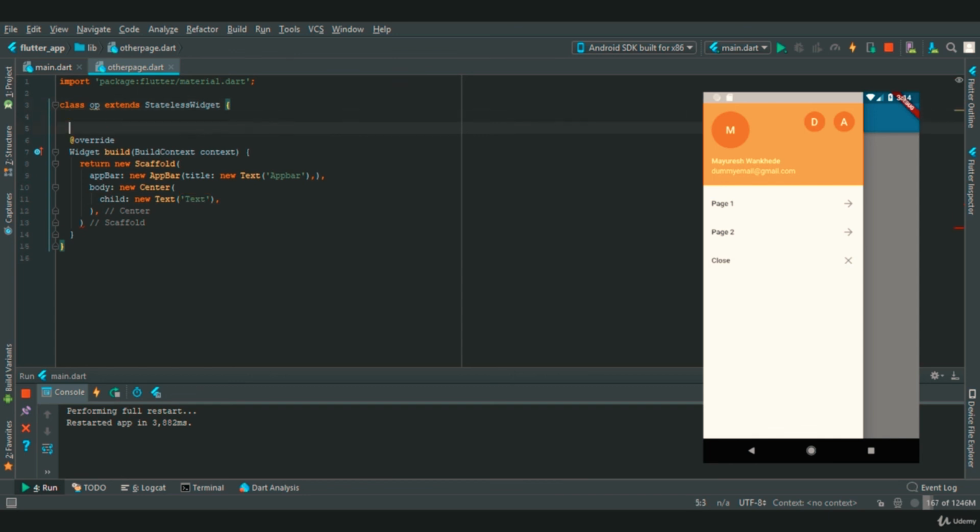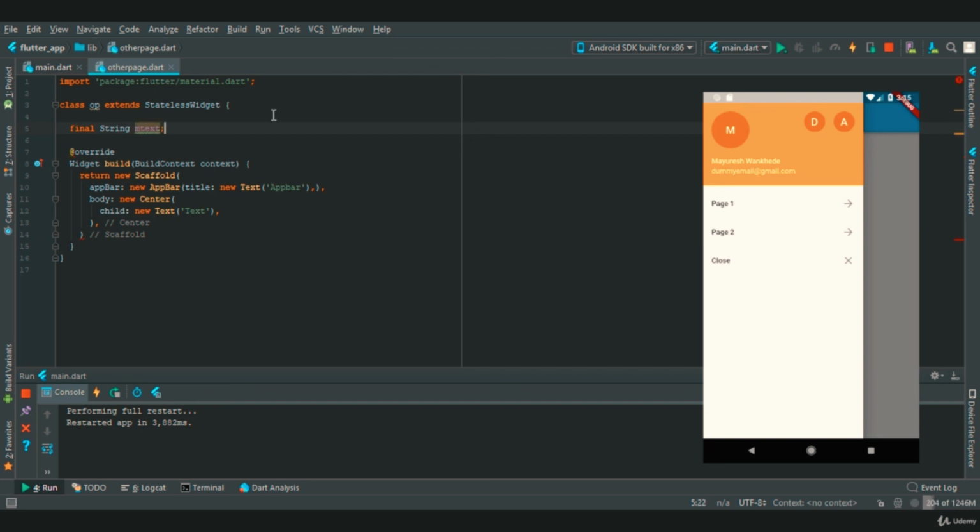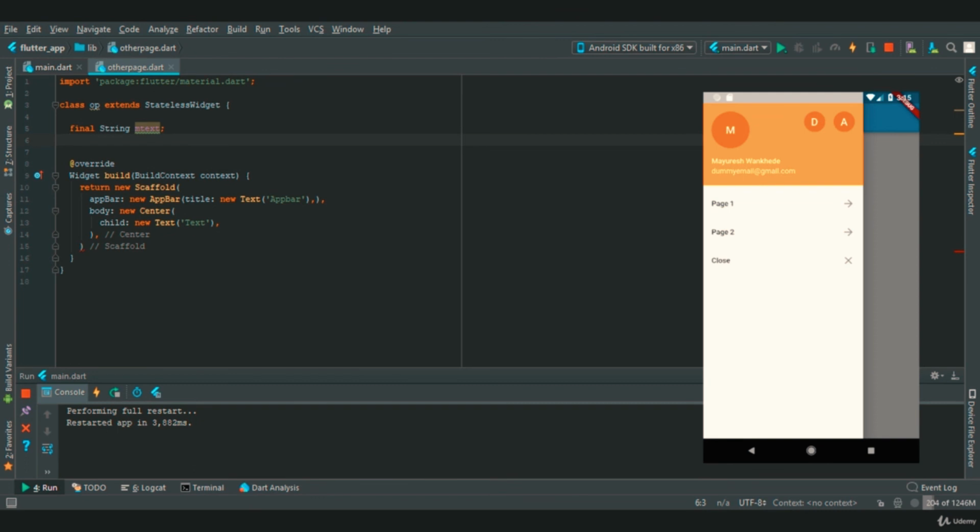Now in this class we will create a final string, and we will name the variable mtext, and we are going to create a constructor, and in this constructor we will say this.mtext, and we'll copy this mtext and paste in app bar and text as well.